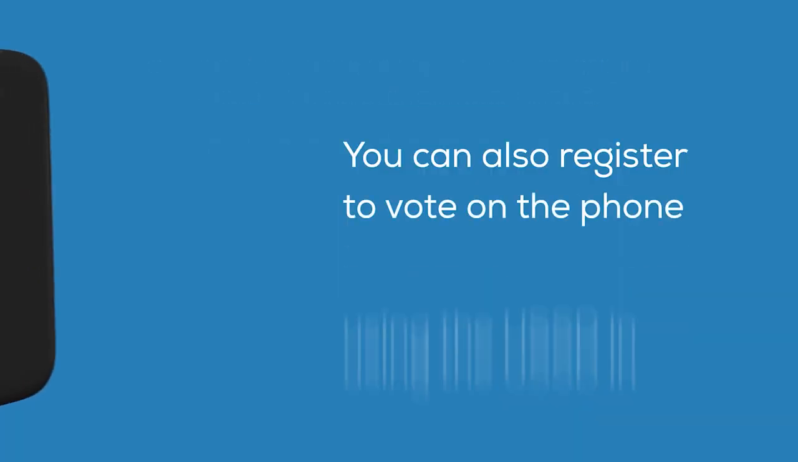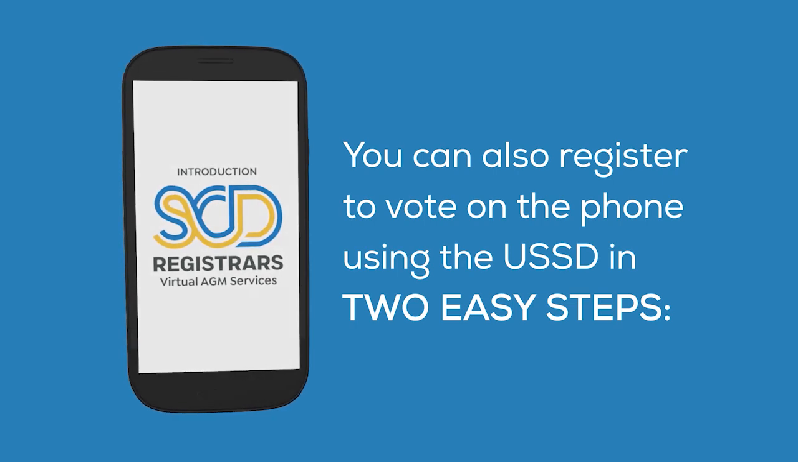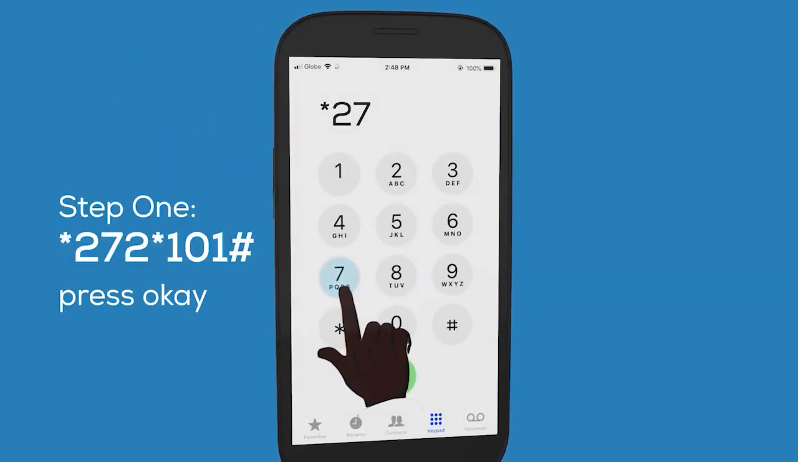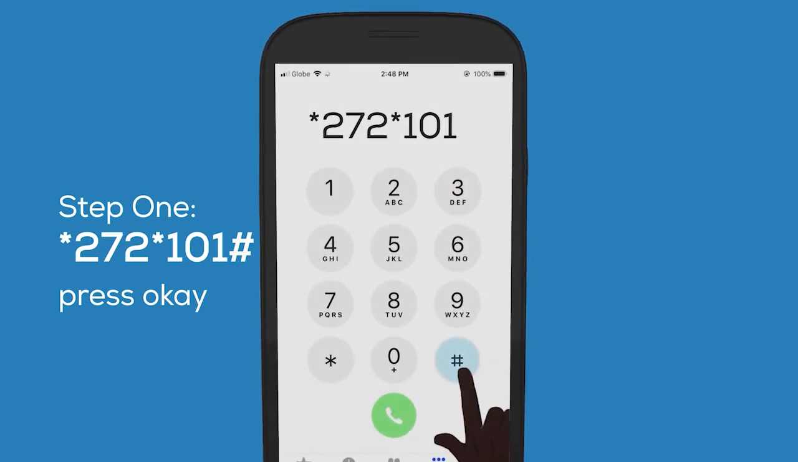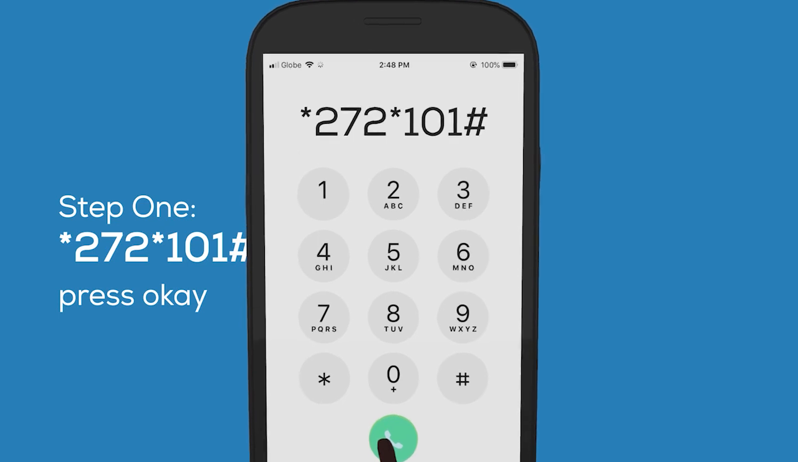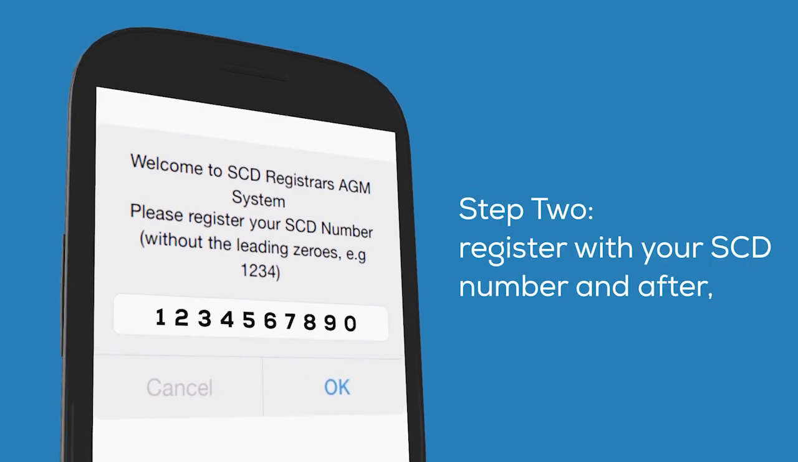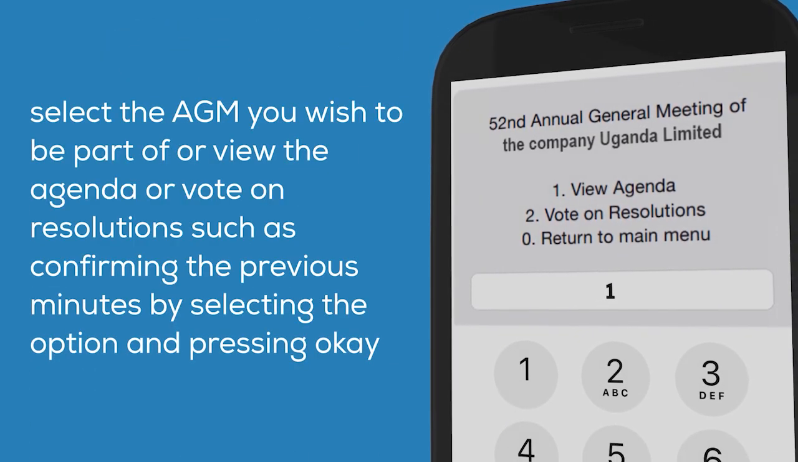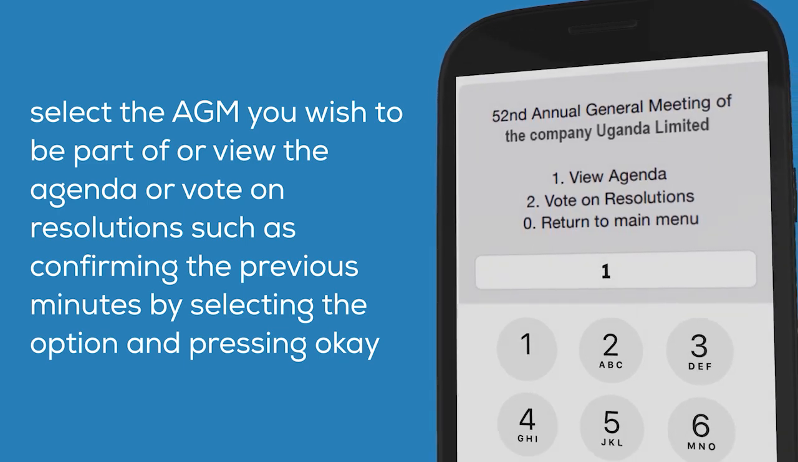You can also register to vote on the phone using the USSD in 2 easy steps. Step 1. Dial *272*101# and press OK. Step 2. Register with your SCD number and after, select the AGM you wish to be a part of or view the agenda or vote on resolutions such as confirming the previous minutes by selecting